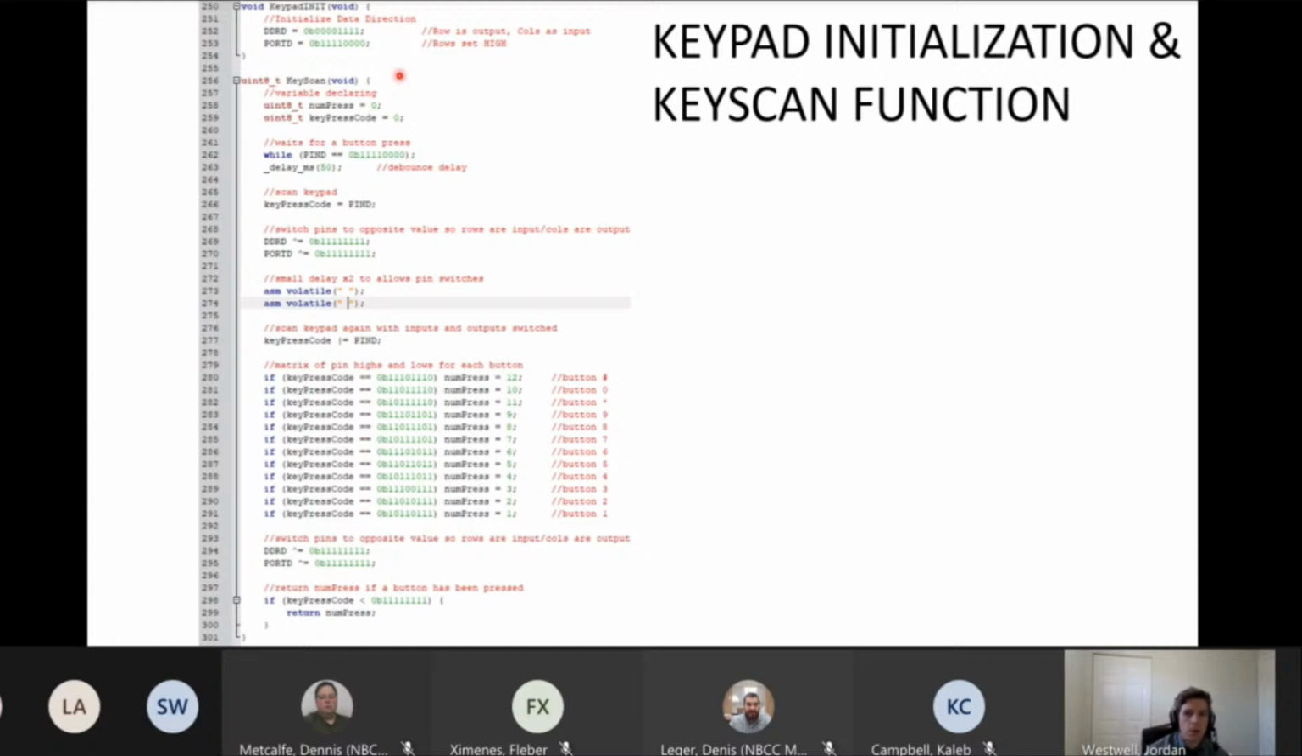When you press a button, it shorts 2 pins together, and then you have to read which pins got shorted in order to figure out which button was pressed, because every button has a unique combination of shorted pins, as you can see down here. So when it initializes, the row pins are set as high, and the column pins as low. So when you press the button,